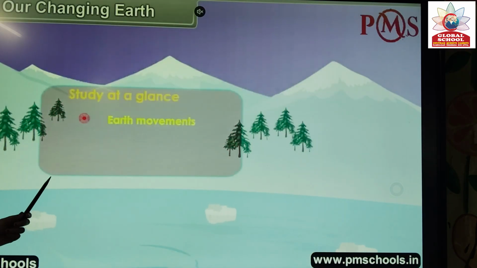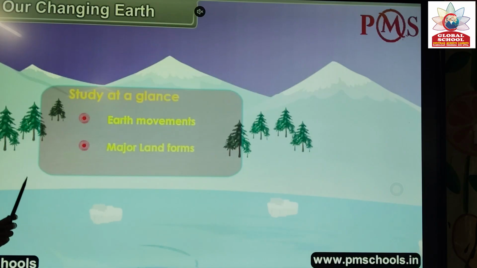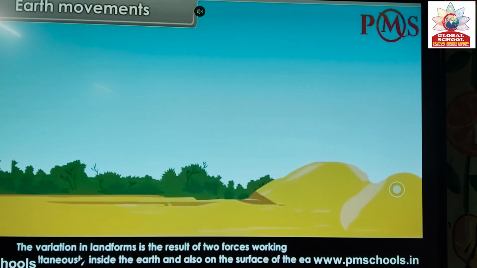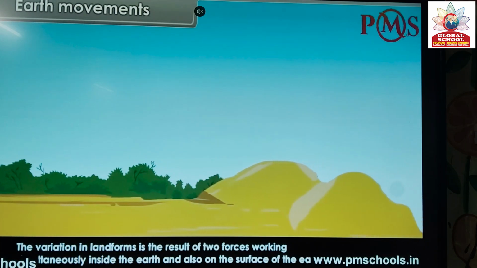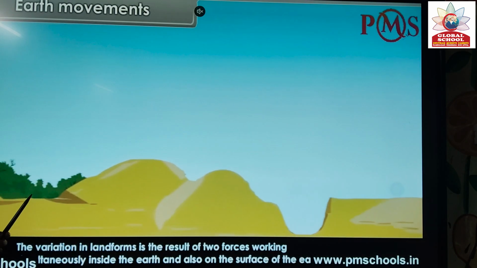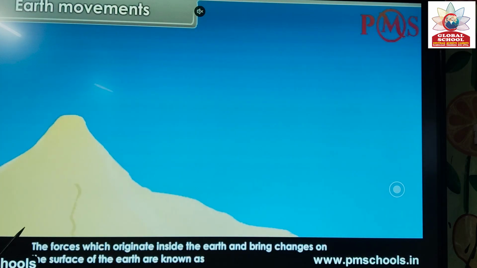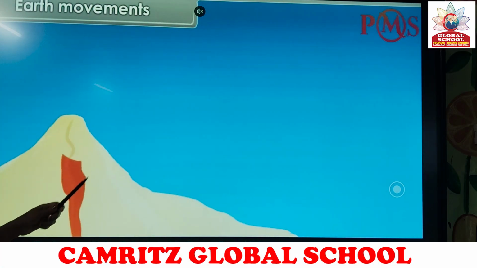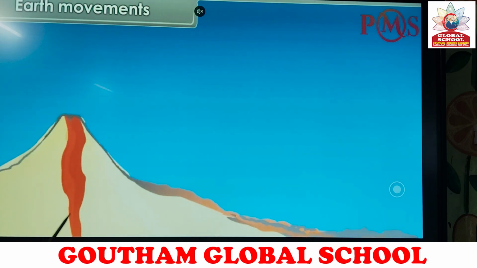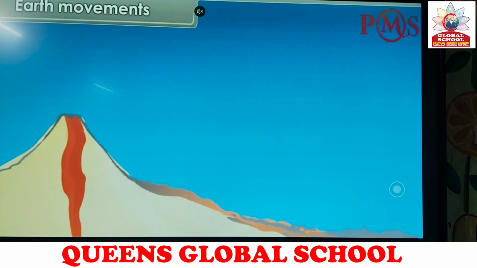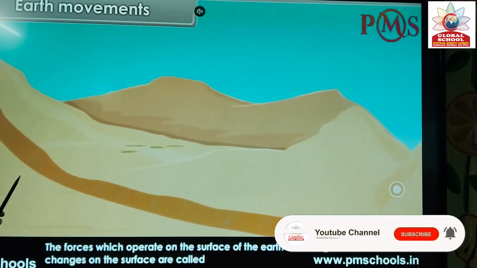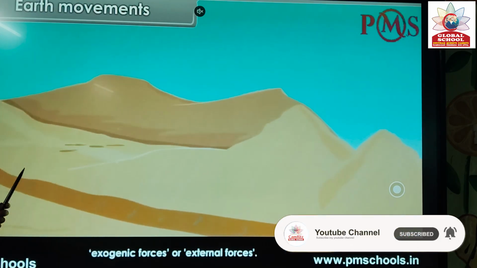Study at a glance: what are the movements and measure of landforms. Earth movements. The variation of the landform is the result of two forces working intensively inside the earth and also on the surface of the earth. The forces which originate inside the earth and bring changes on the surface of the earth are known as endogenic forces or internal forces. The forces which operate on the surface of the earth and bring changes on the surface are called exogenic forces